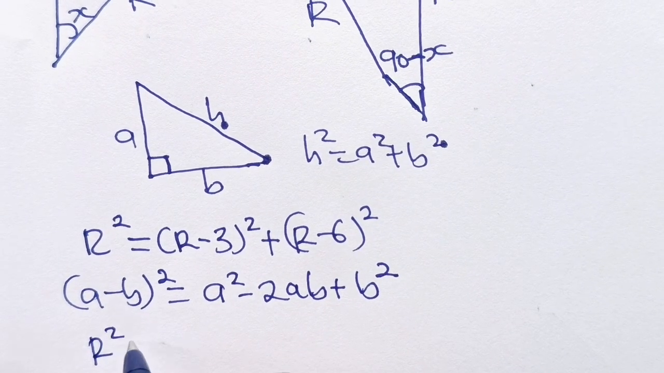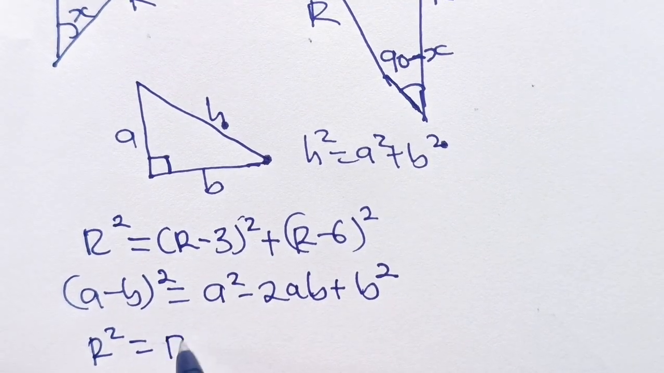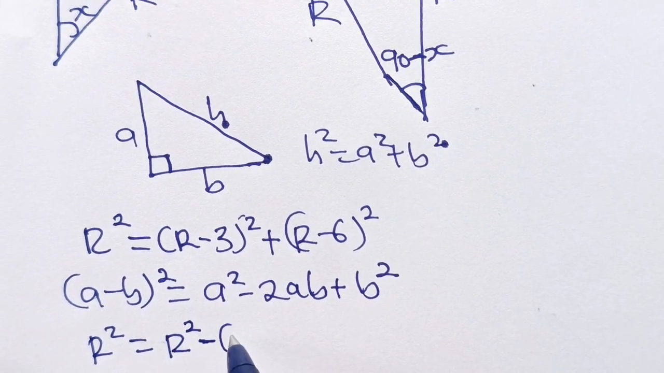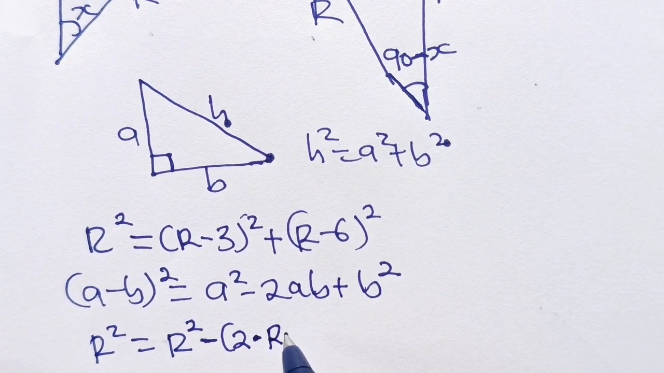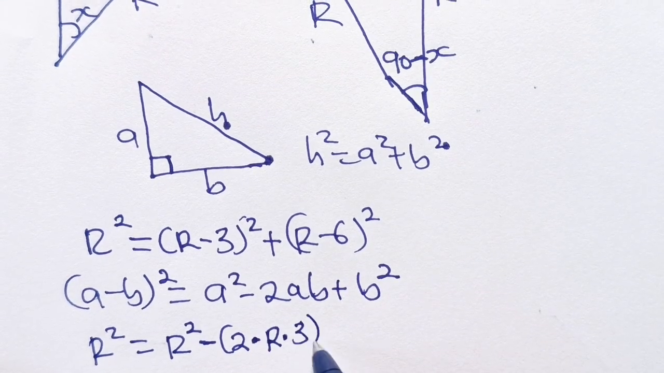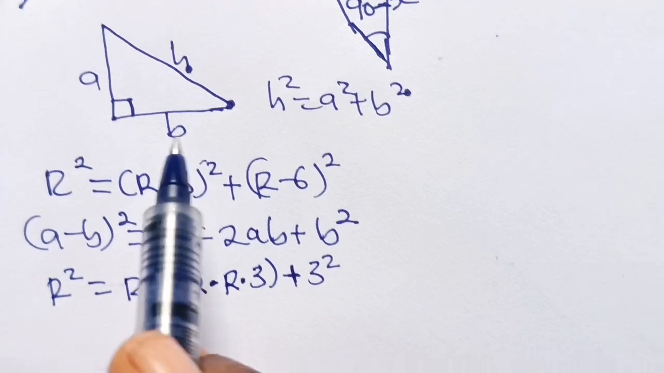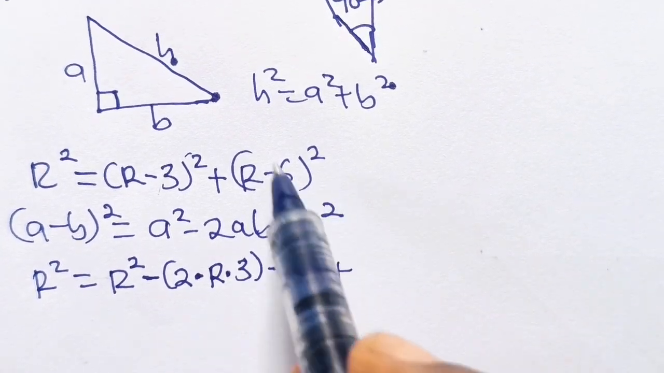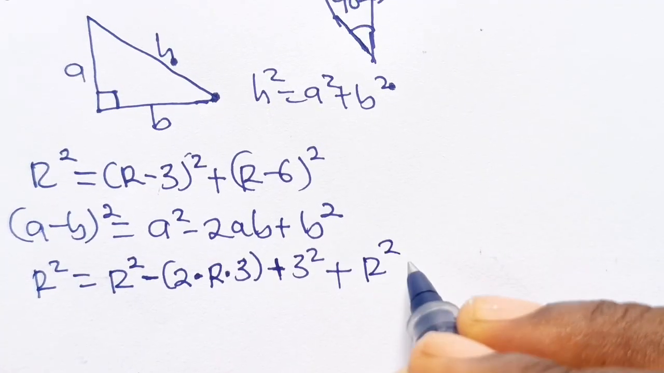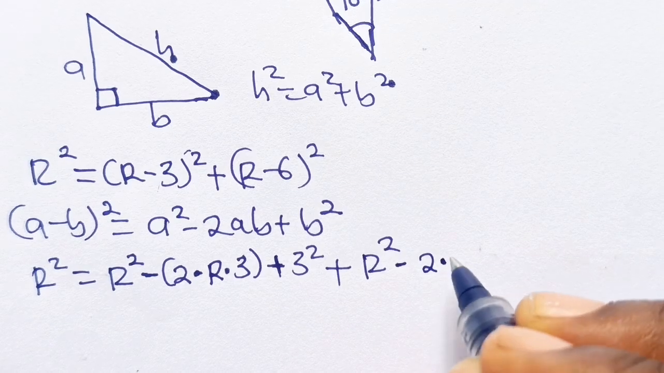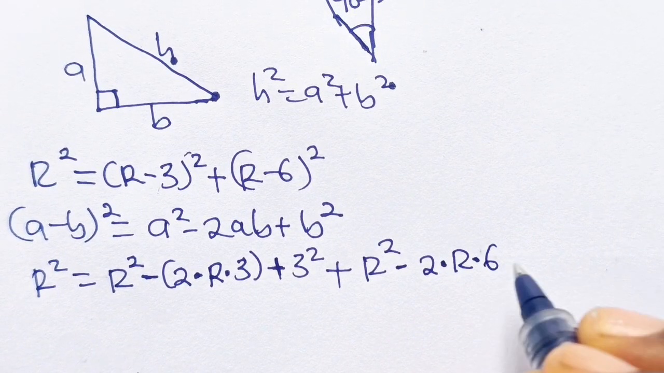So r squared is equal to, this will be r squared minus 2 multiplied by r multiplied by 3, plus 3 squared. That is it for this one. Then plus, for this second one, is going to be r squared minus 2 multiplied by r multiplied by 6